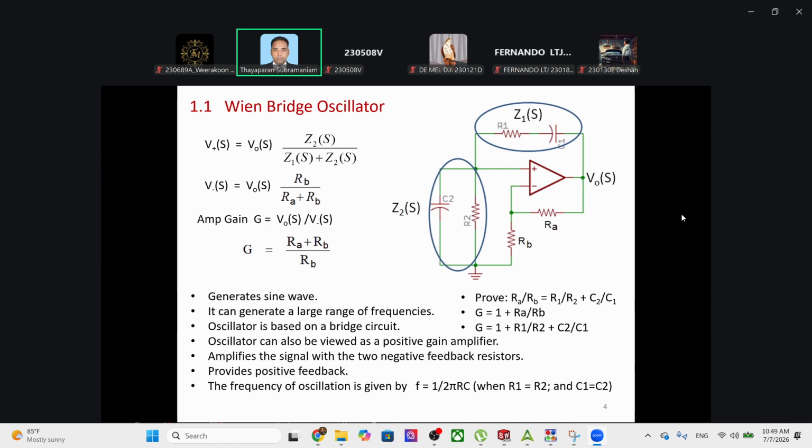What you have to do is first do all the required calculations and select the components carefully. Make sure the component values are within the limit. For example, if you choose 1 kilo ohm or 2 kilo ohm, first measure it using a multimeter and check whether it has that resistance. If it is plus or minus 10%, the resistance should be within that range. Or else,